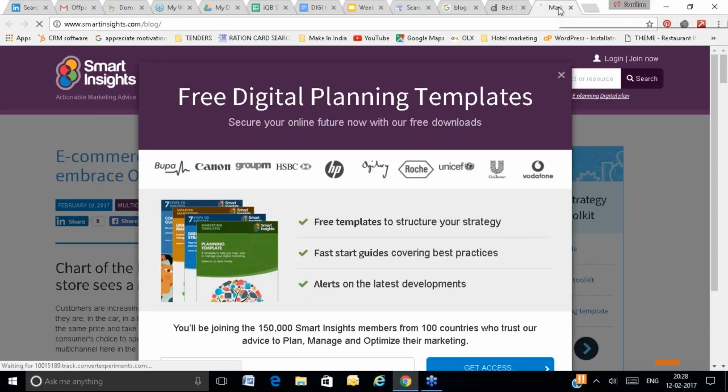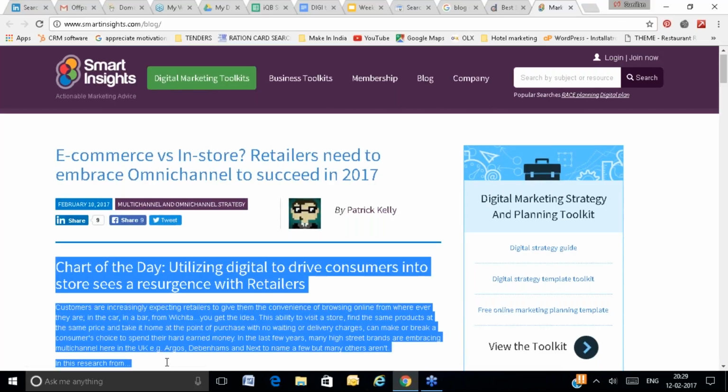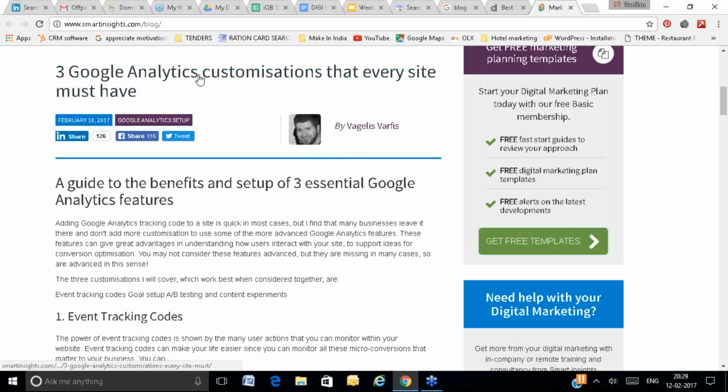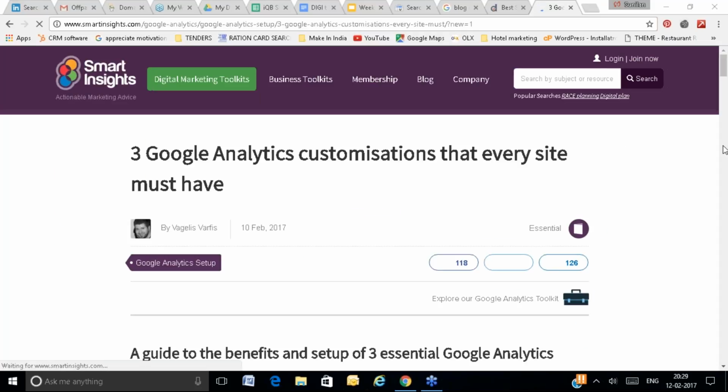In the same way, you can go to another blog. This is also one of the blogs. So you will read this blog and then you will add contributing content, not just very good, very nice. No, you will not do a generic comment. You will add value to that comment. We will be commenting on the other blog.